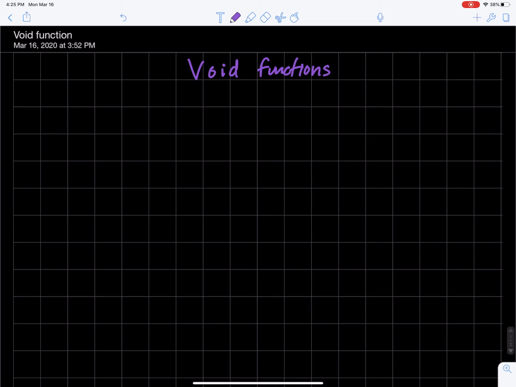This video is on void functions. A void function is just like any other function except it does not return anything. It returns absolutely nothing. In our previous functions that we learned in chapter 4, those functions actually had a